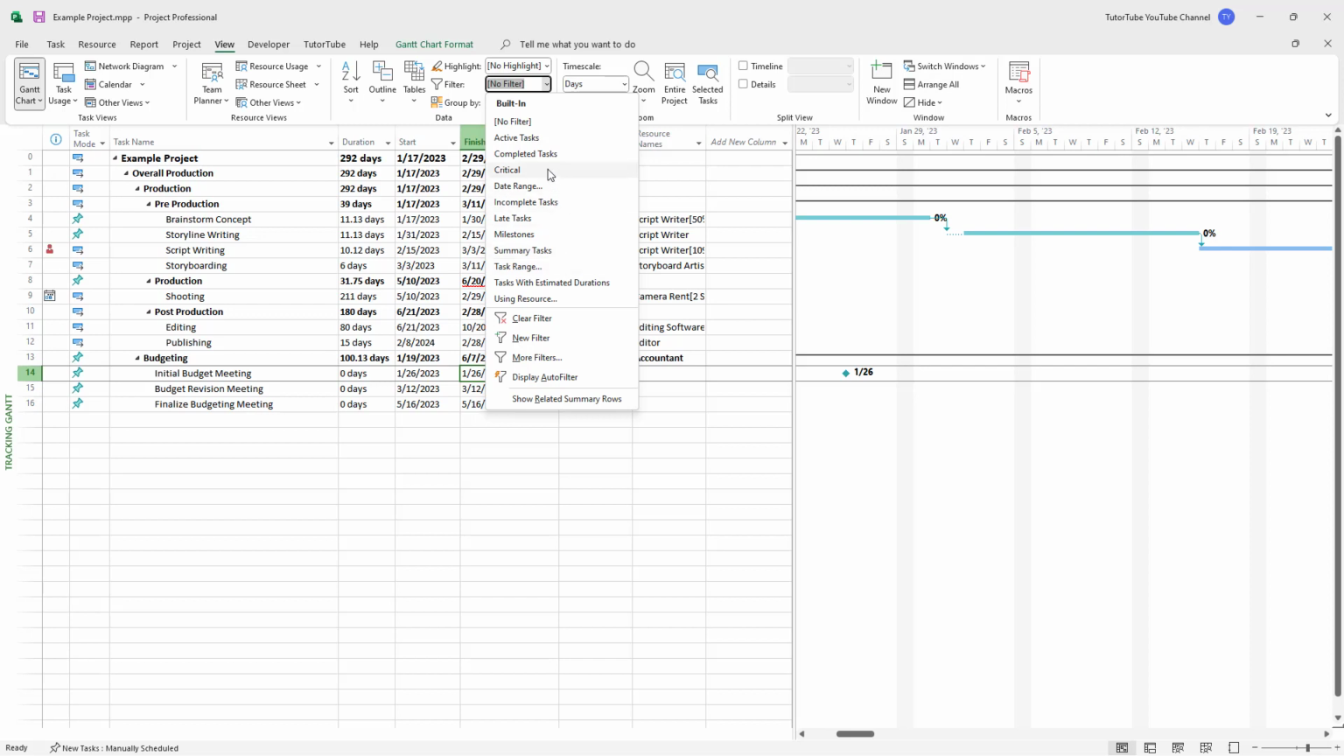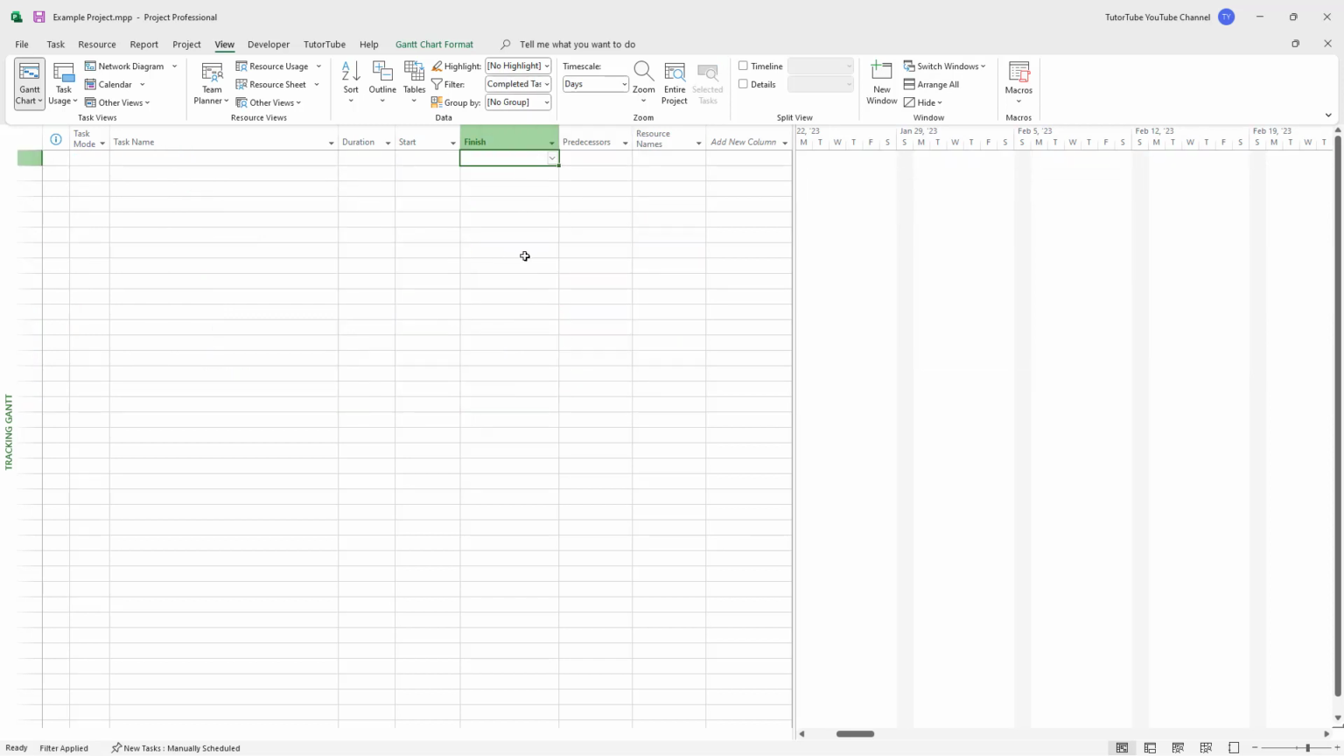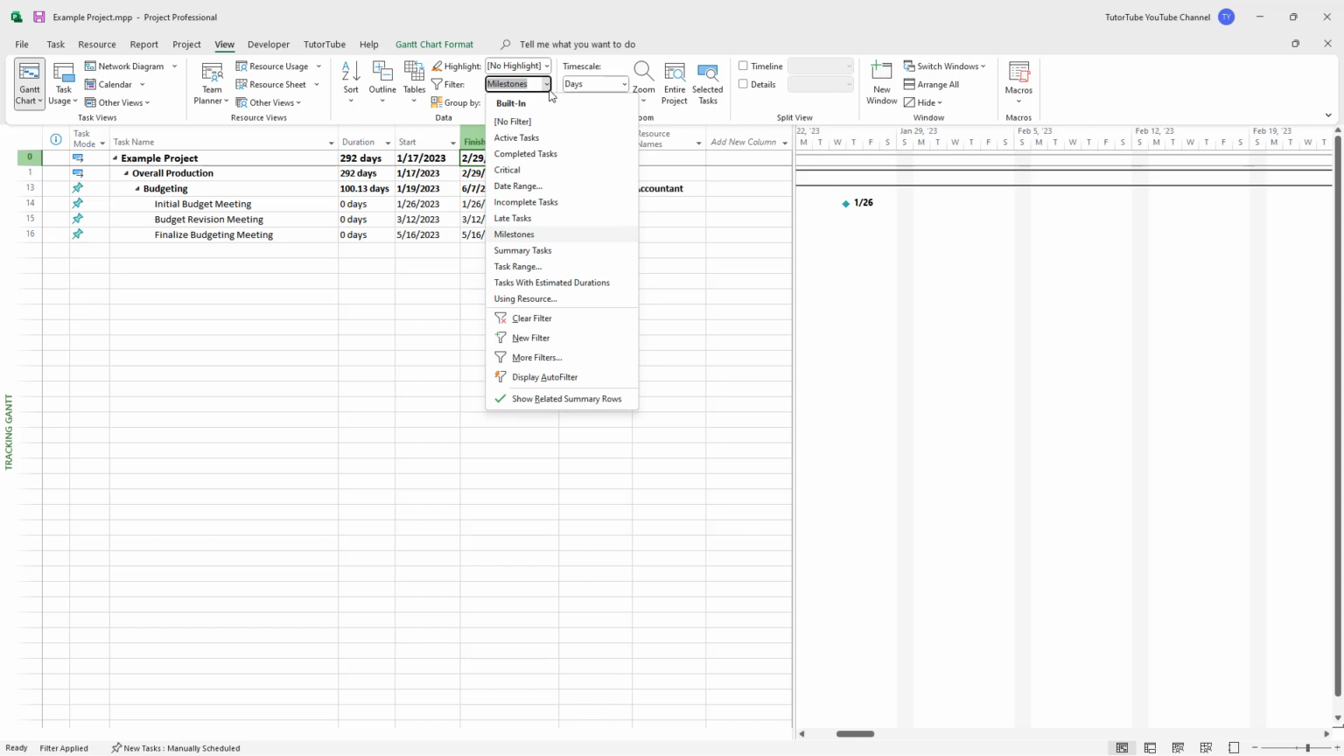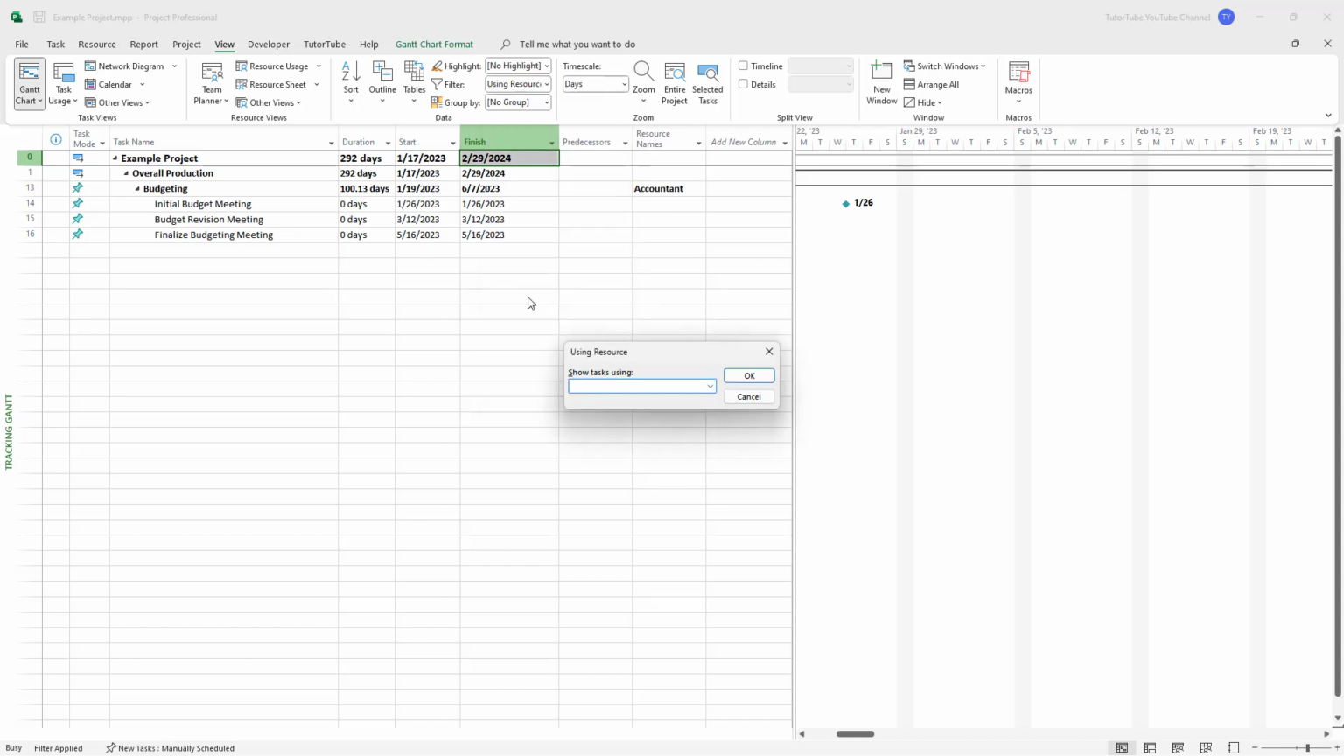For example, you can select Completed Tasks right here, and then it'll only show up completed tasks. And in my case, none of the tasks are complete, so it shows nothing. If I were to select Milestones, then it only shows up the milestone tasks right here, as you can see. But if I were to select, let's say, for example, Using Resource, then you can go over here